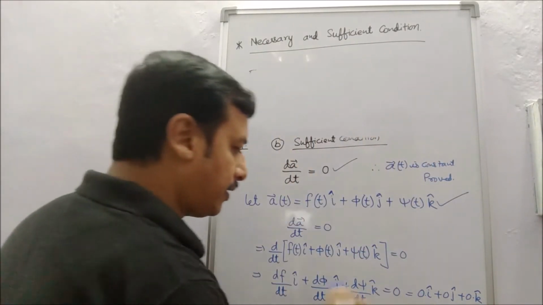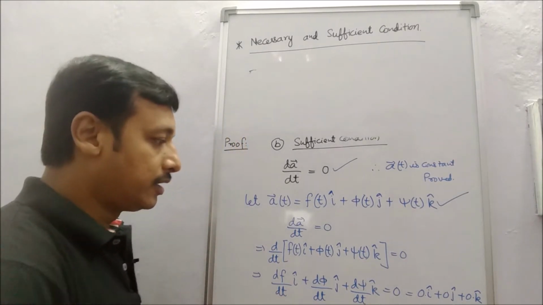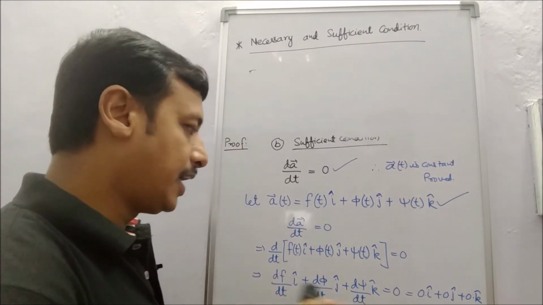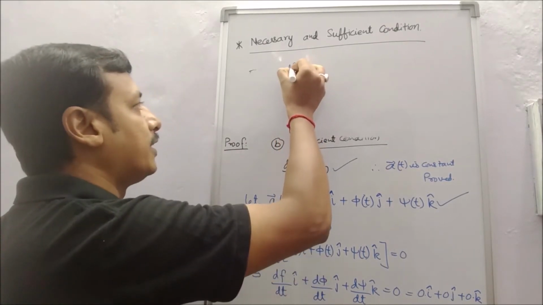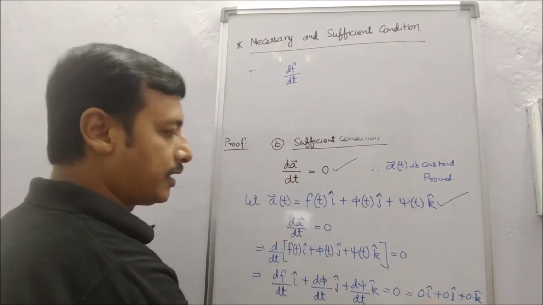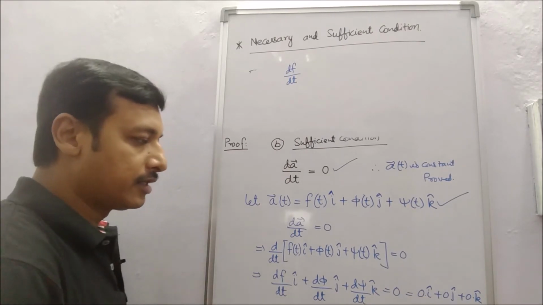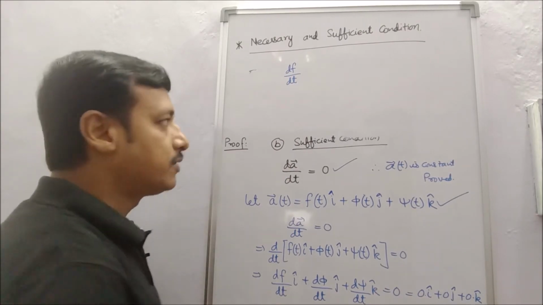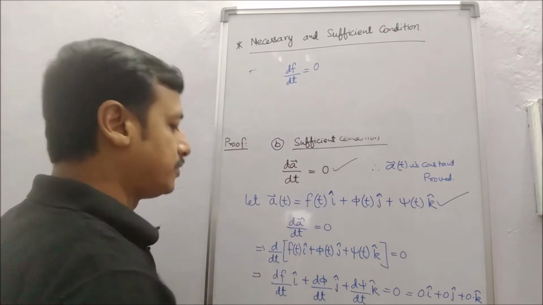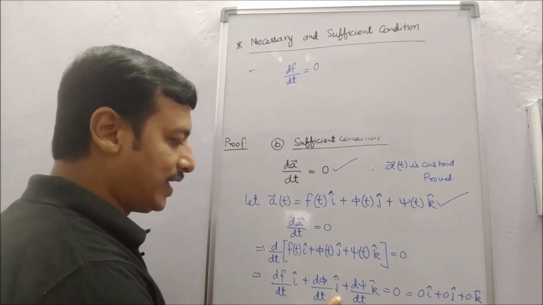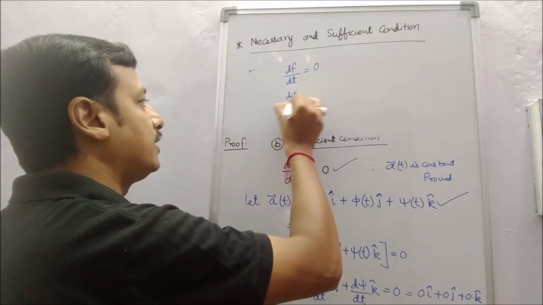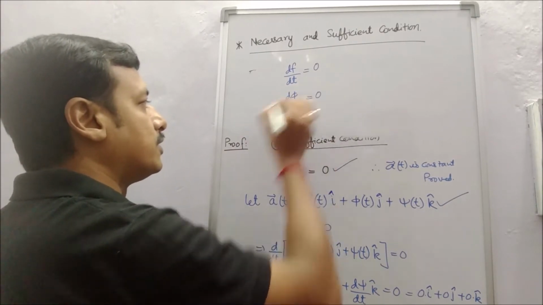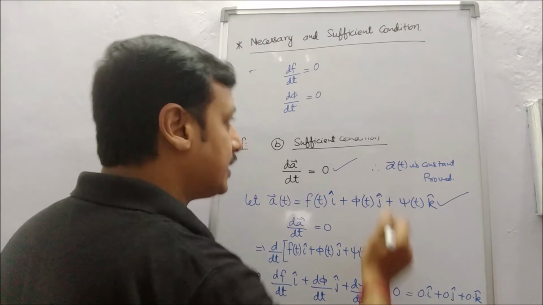If we compare both sides, the coefficient of i, j and k, here the coefficient of i is df/dt, and in the RHS, the coefficient of i is 0. So df/dt is equal to 0. Similarly, the coefficient of j is d phi/dt, here 0. So d phi/dt is equal to 0. And next, d psi/dt